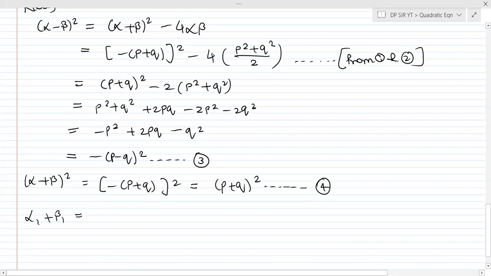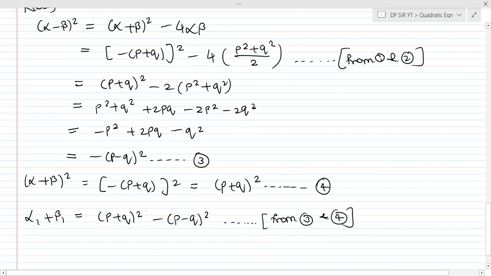Alpha 1 plus beta 1. Alpha 1 plus beta 1 is what? It is p plus q the whole square and minus p minus q the whole square. This you got from 3 and 4. Okay. Which is equal to,